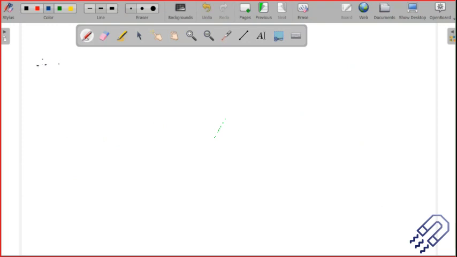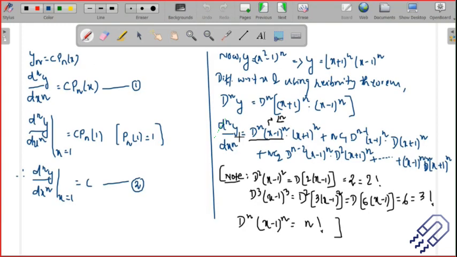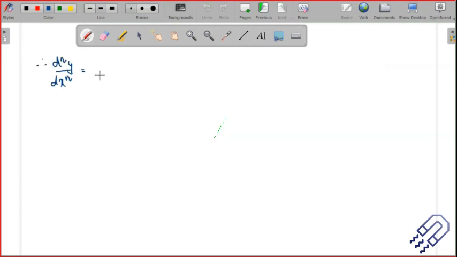we can have d^n y / dx^n is equal to, let me just rewind and check. See, this is factorial n times (x + 1)^n. So the first term would be factorial n times (x + 1) whole thing to the power n, okay, plus, and check here,